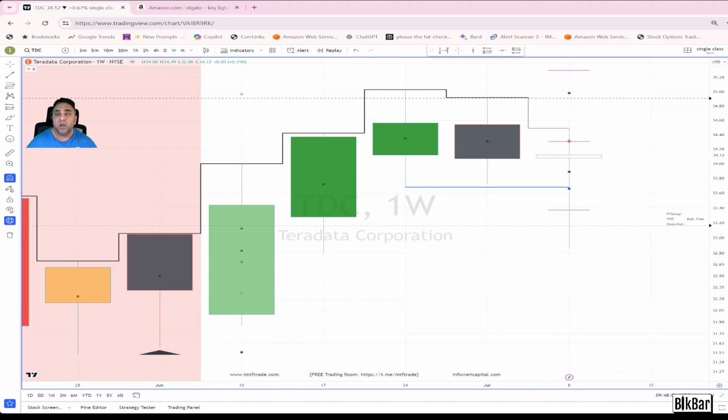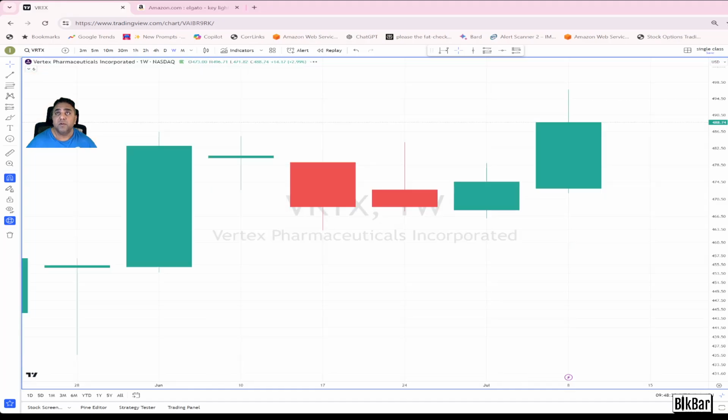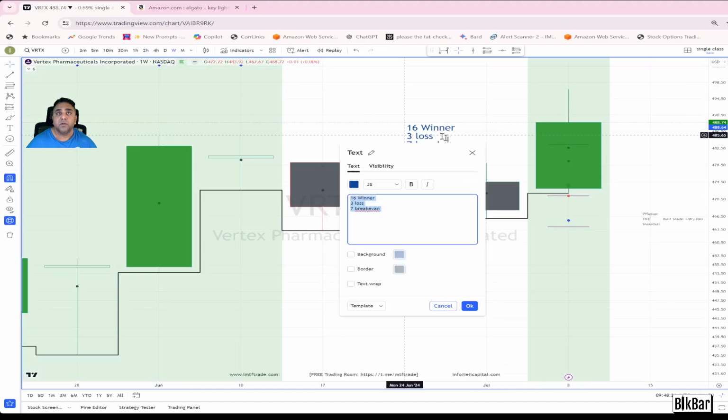This was a no trade here. So these didn't enter at all. So if you look at these here, you have 1, 2, 3, 4, 5, 6, 7, 8, 9, 10, 11, 12, 13, 14, 15. So this produced 15 winners. Okay? So if you add that up, that's a total of,